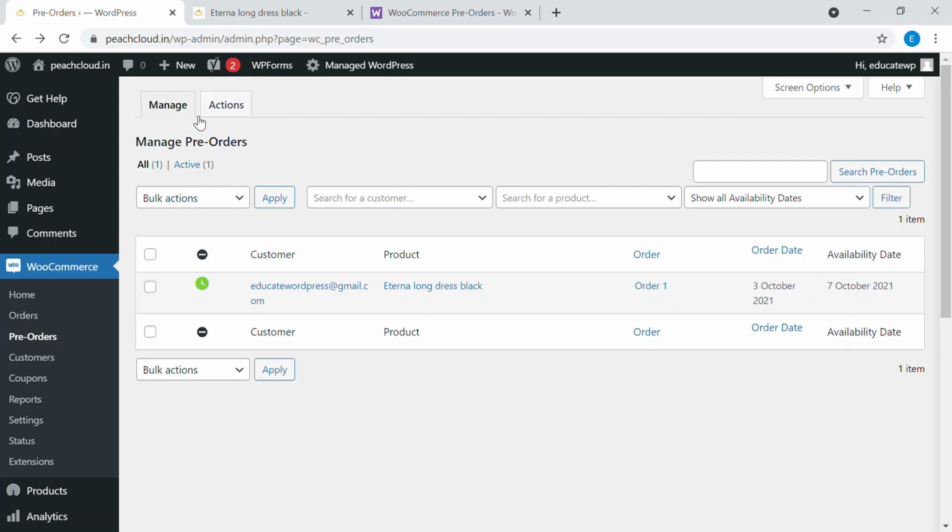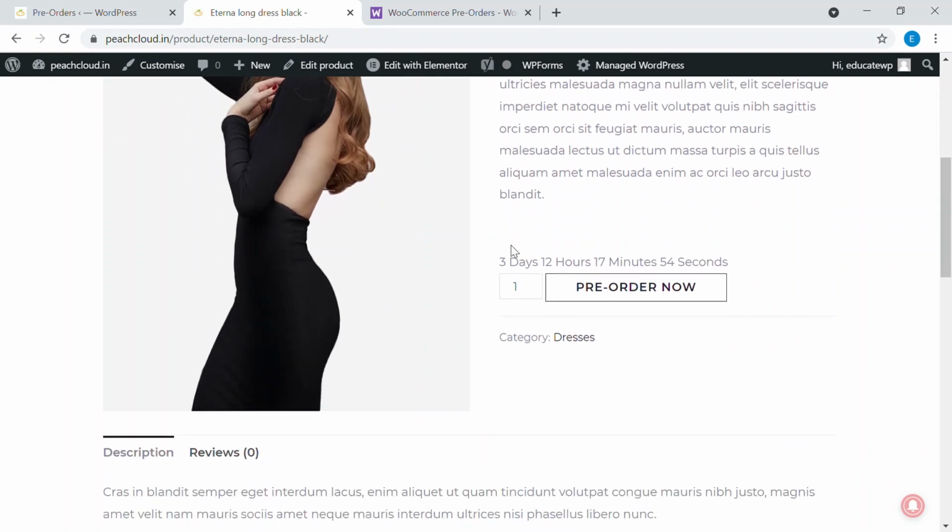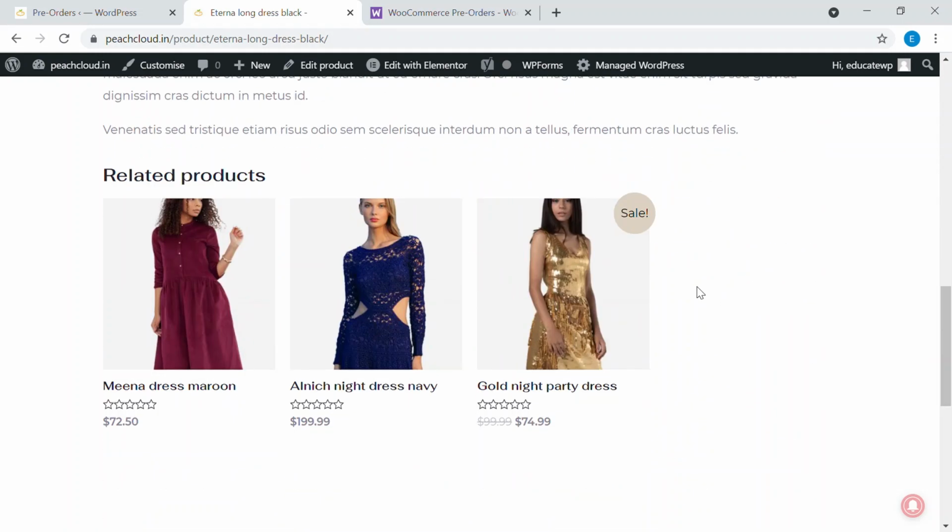We have seen all of the settings: the action button, the manage options, the payment options, and other settings as well. Going back to the product, here you'll be able to see that all of the things that we have mentioned are already there. This item will be available on 7th of October. The change has been made on the website. And here you'll be able to see the countdown. Sometimes if your countdown is not visible, you can always use the shortcode that's prescribed in the WooCommerce pre-order settings. You can paste the shortcode in the short description, and you can see the countdown running down, and there's a pre-order now button, and everything is right there.